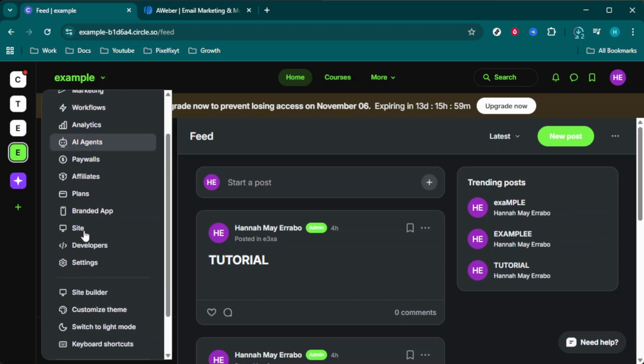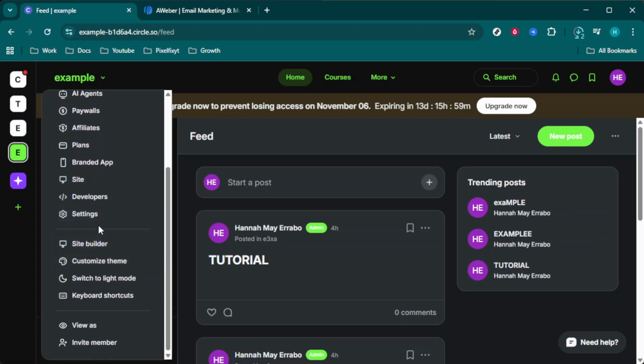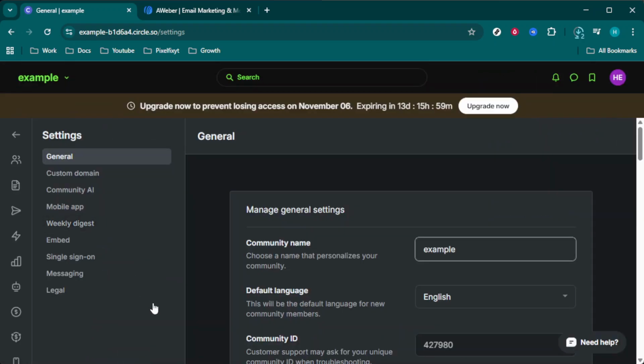It's important to make sure that your preferred payment processor, such as Stripe, is connected. If it's not, go ahead and link it now. This connection ensures that all payments are processed smoothly, which is critical for granting access to your community following a